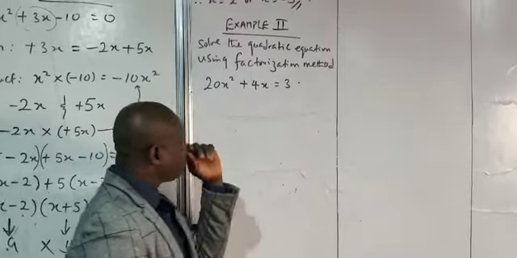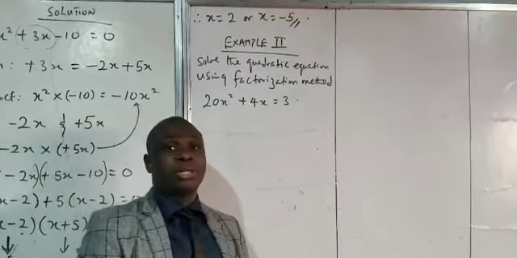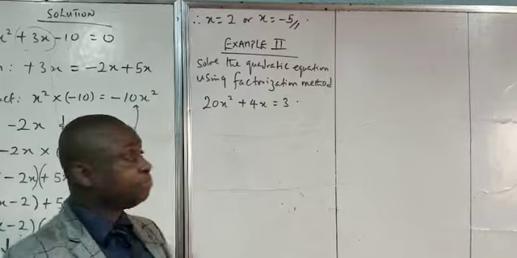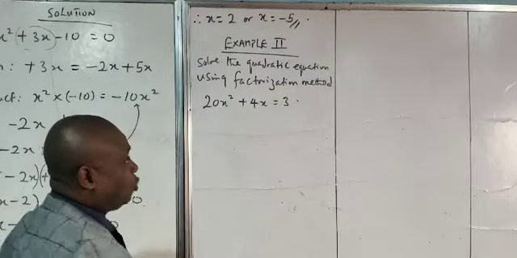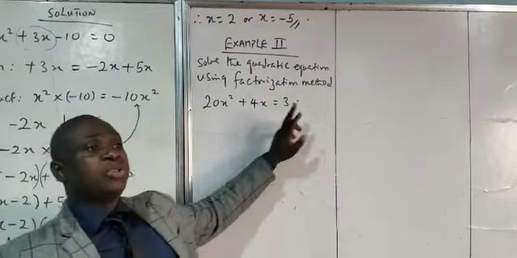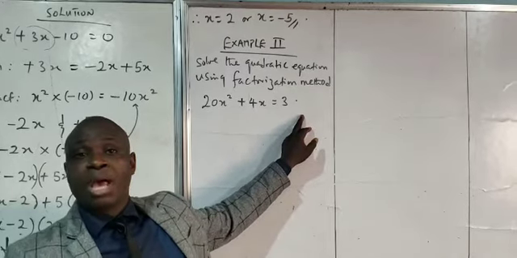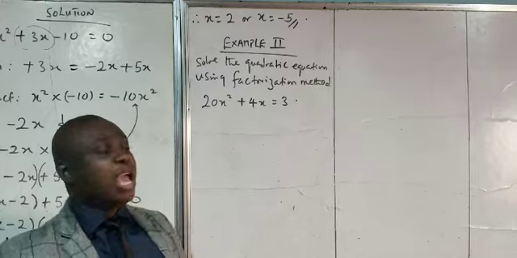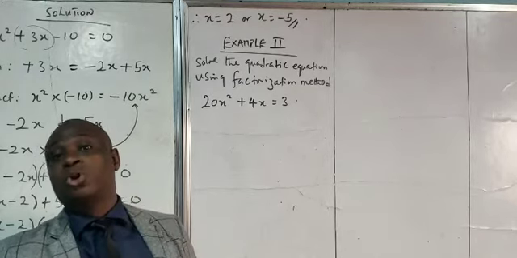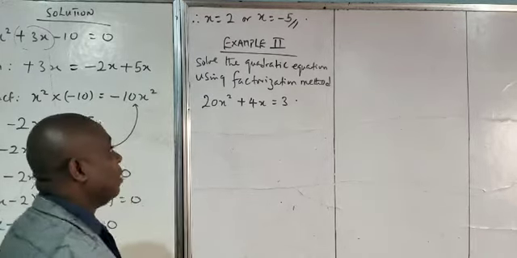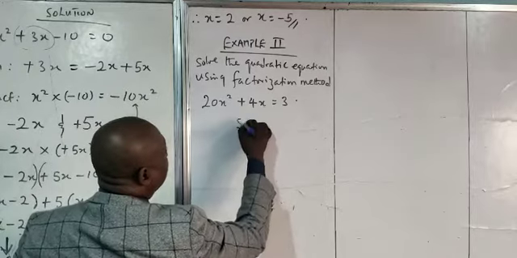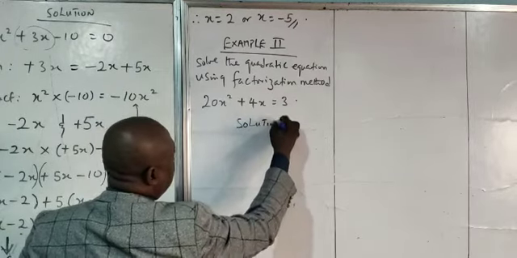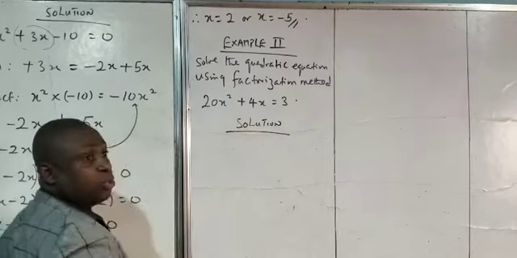Example 2. We are also instructed to use the factorization method. If you look at what you have, you discover that 3 is on the right side of this equation. At that point, this does not make it a quadratic equation yet. For every quadratic equation, the right-hand side must always be 0. So that means that in our question, we have to do justice to it by bringing 3 to the left-hand